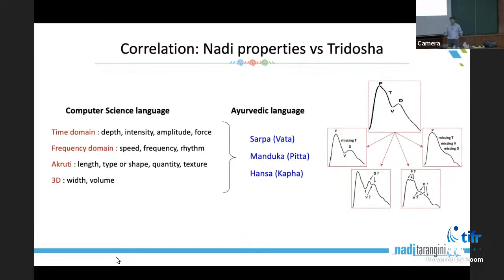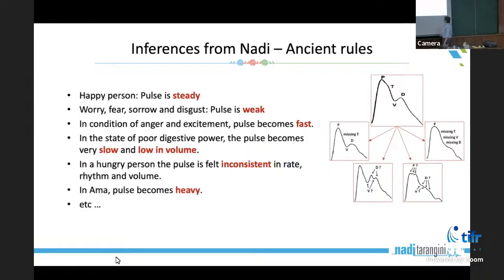Just wanted to go fast over the different types of feature extraction that we have done beyond pattern recognition, sitting with the doctors. The main work which we do is we have a team of doctors. We collect data. The doctors also define on those patients what that particular patient is about. We note down that information. We compute our own parameters, and we try to correlate our parameters with doctors' parameters, and so on. So just to recap, this is how this information and this information we are doing. And there are thousands of rules. Again, finding out. Yes,